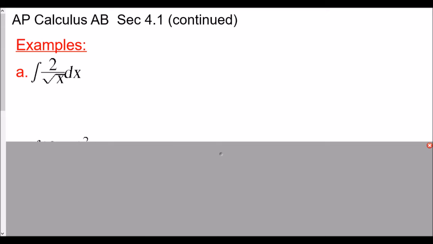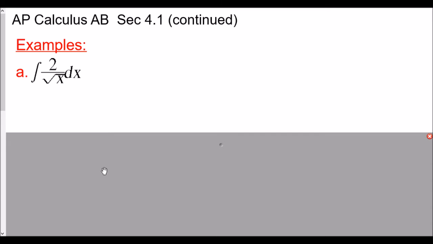So we're going to do 6 examples. So our first example, we have the integral of 2 over the square root of x dx. Okay, so there are a couple things that we can do to rewrite this. Remember, times anything, that 2, we can just move it out front so we don't even have to worry about it right now because it's just going to be multiplied by our answer anyways. Okay. Then, if we do that, we still have 1 over the square root of x. So if we move that 2, we still have a 1. We have the square root of x, and we can't do symbols, so we're going to change that to a